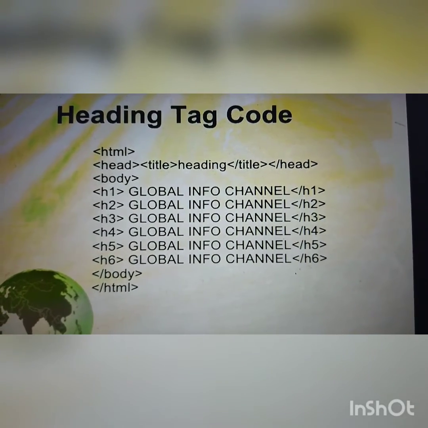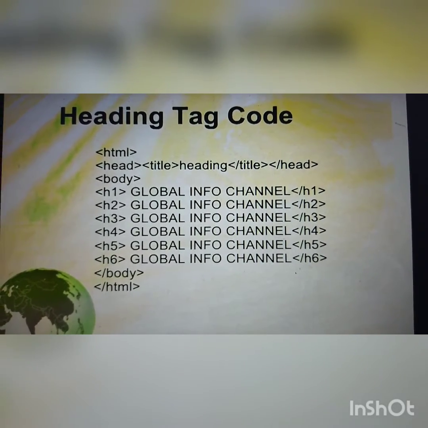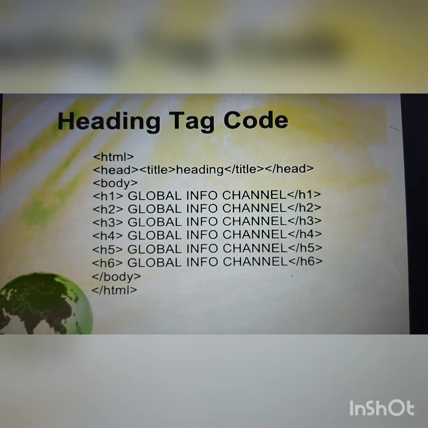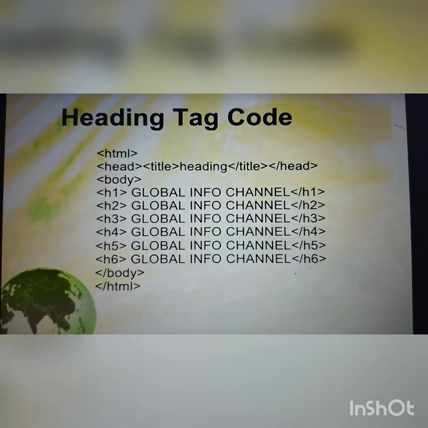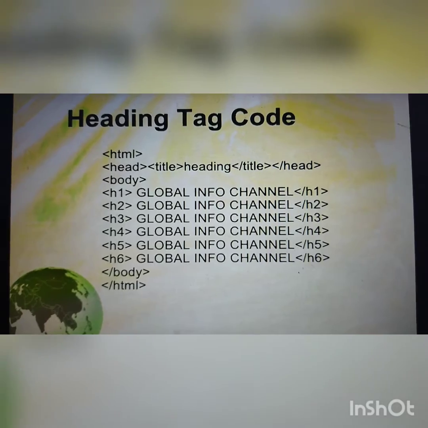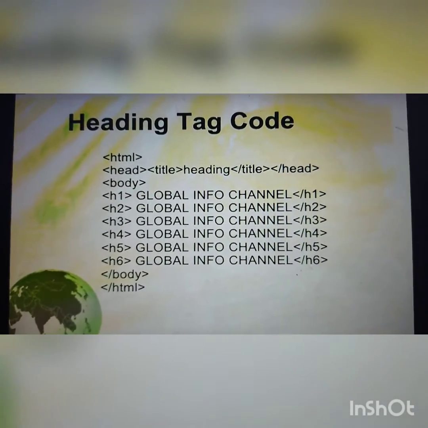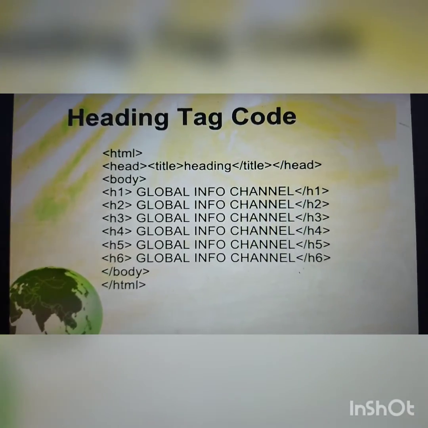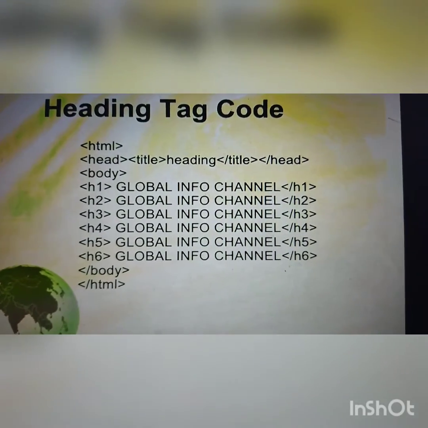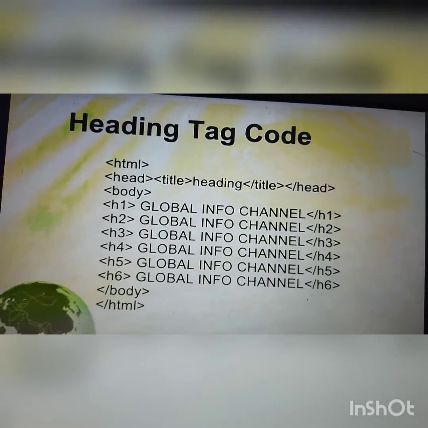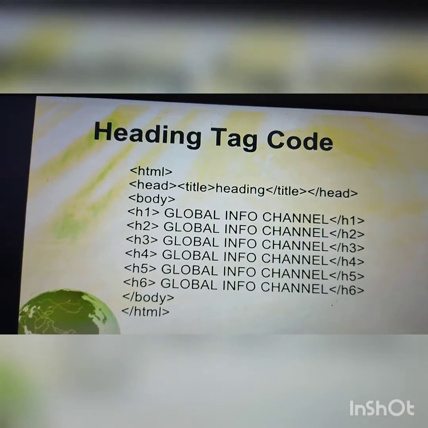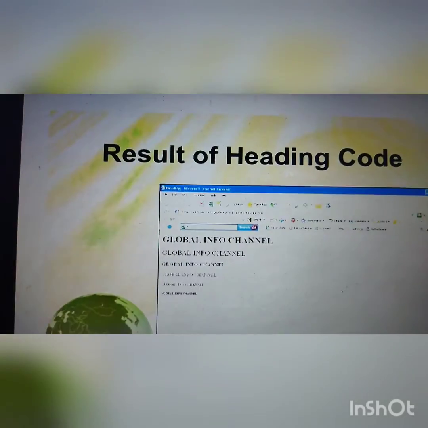For example H1, then H2, H3, H4, H5, H6. You apply all these tags and then see the output. Last, you close the body tag and HTML tag. So this is a heading type of coding in the HTML language.